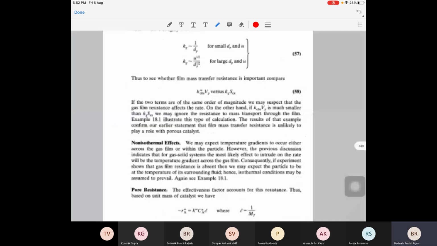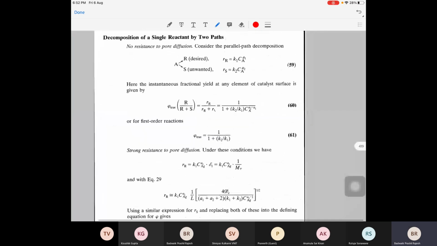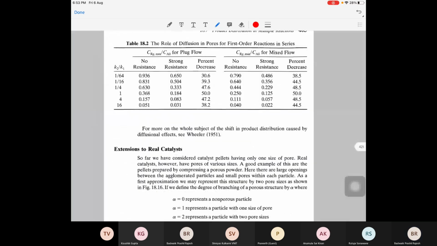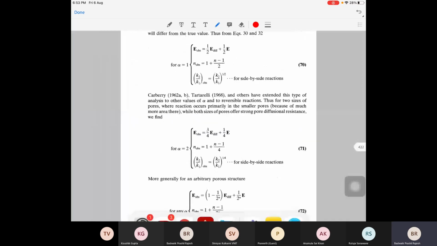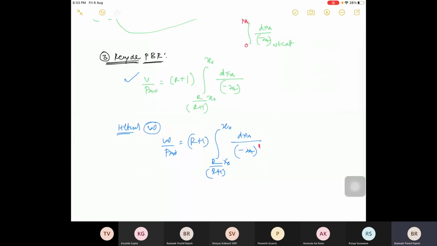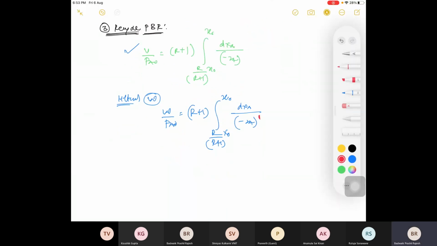Then we have seen this desired, undesired, how it is affecting. Okay, so done. Now I may say here this heterogeneous CR is over, except for a single topic, that is I am telling you